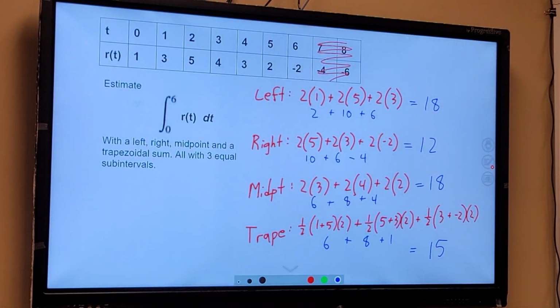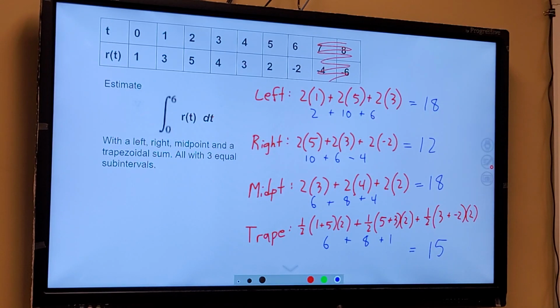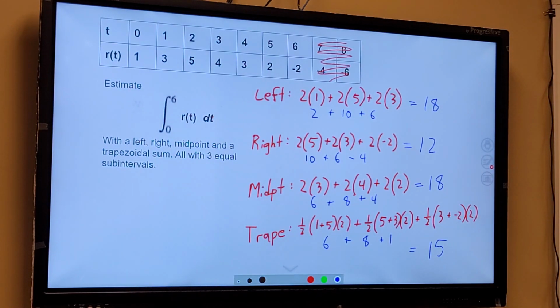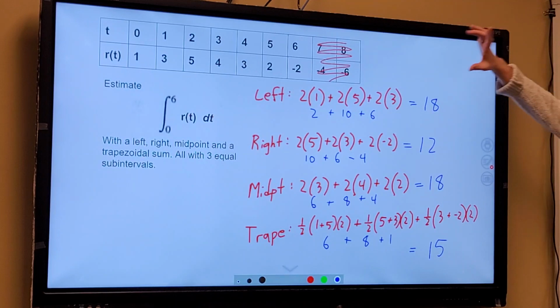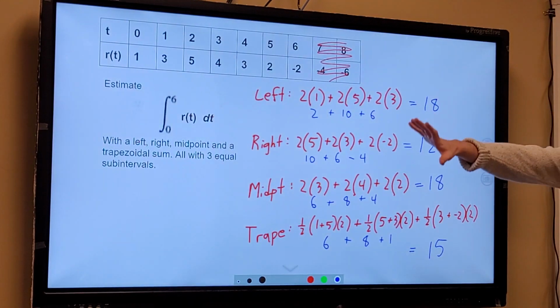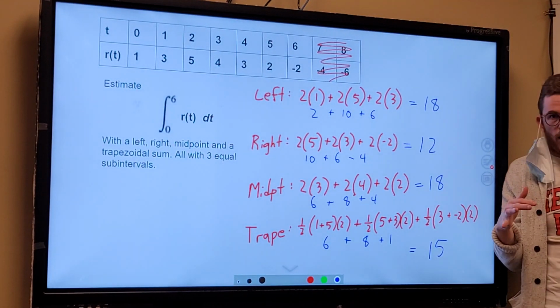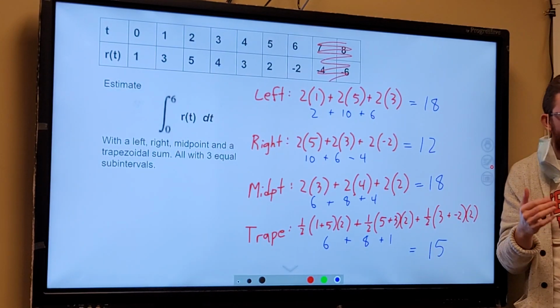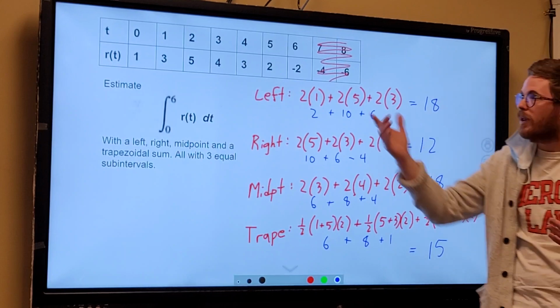All right, as you finish up these, you can take a look at what I've got up here on the board. Again, small things that make this a little bit different than other problems we've seen before. We did have more information on the table than what we needed. That is a pretty common thing on the AP exam to give you,